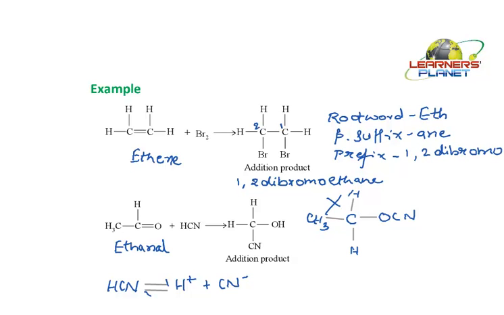Unsaturated compounds undergo addition, because in saturated compounds there is no scope for any other element or atom, because in saturated compounds the carbon is tetravalent. Now, it is tetravalent in unsaturated compounds also, but there are double bonds. So to resolve those double bonds, they undergo addition reactions. Like this